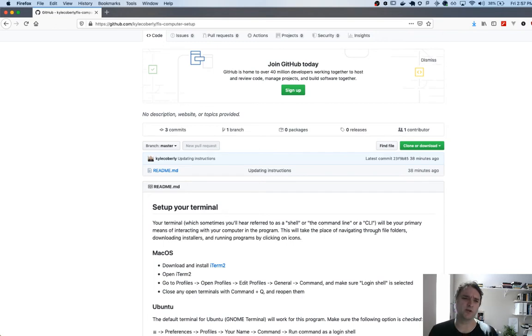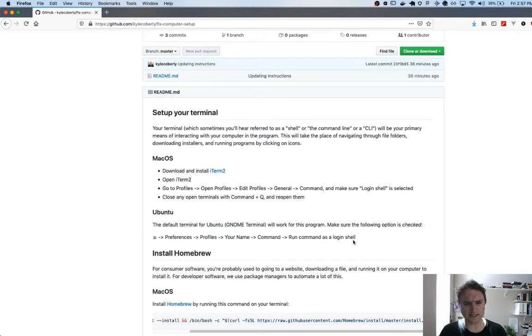So the first thing we want to do is set up our terminal. Sometimes you'll hear this called a shell or the command line or the CLI or something like that. But that's the main way you're going to interact with your computer in this program. So you have one of these that's installed already. It's called, shockingly, Terminal. But there's a better one out there for macOS called iTerm2, and we're going to use